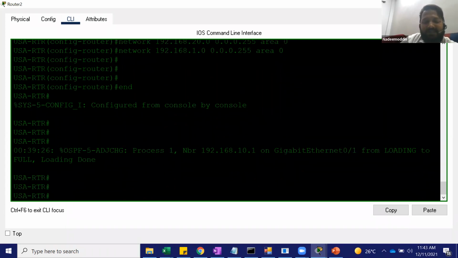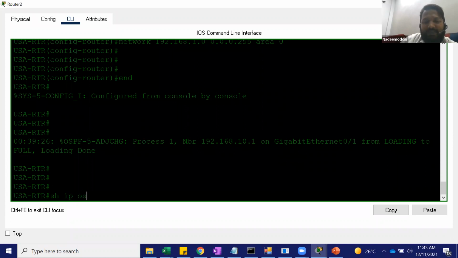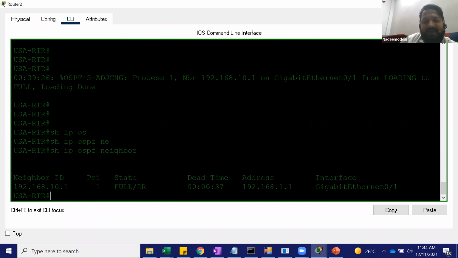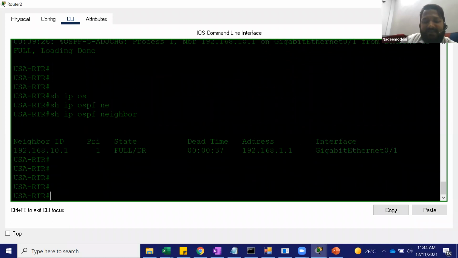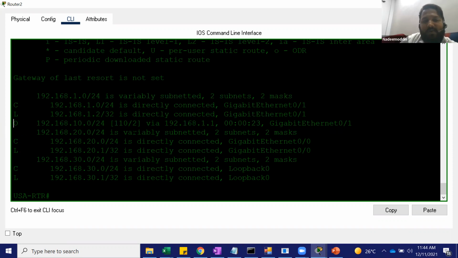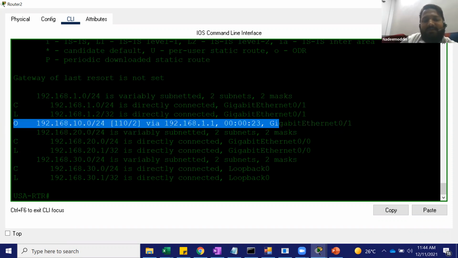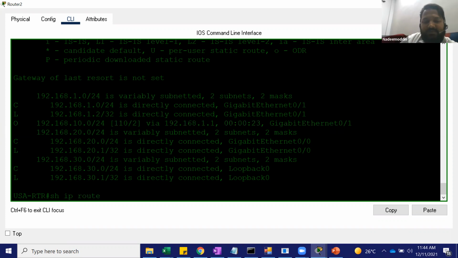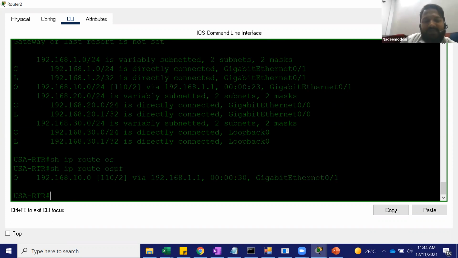If you go and check show IP OSPF neighbor, see, I got a new neighbor, a new friend, whose IP address is 192.168.10.1, which is connected via this interface. And if I see the route, show IP route, can you see here? I got a new network. And if you see show IP route OSPF, this route got advertised from OSPF.